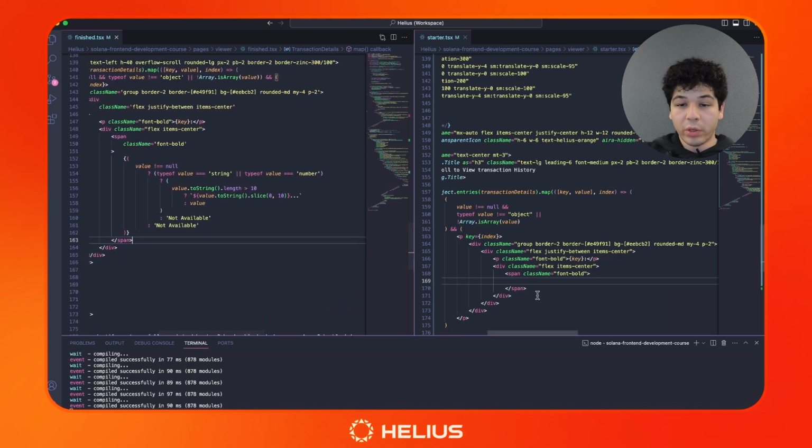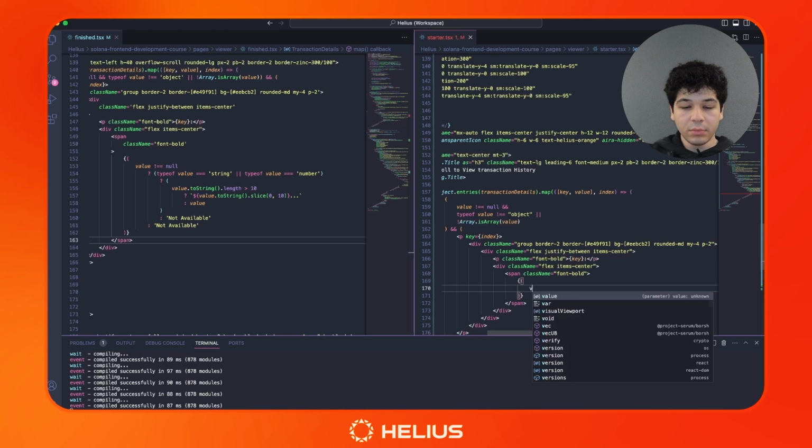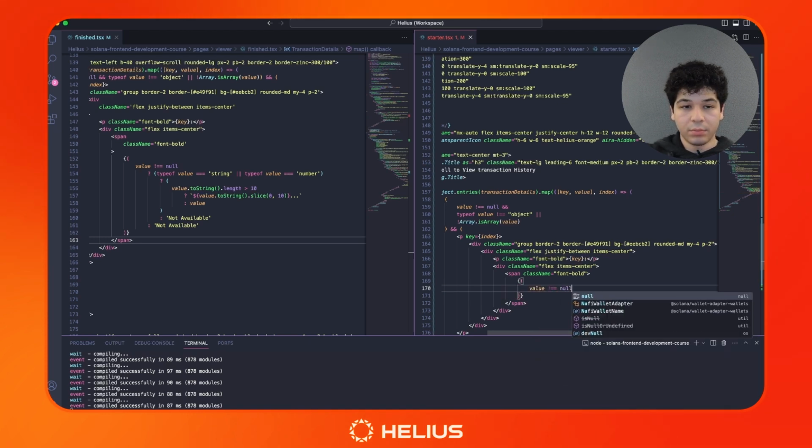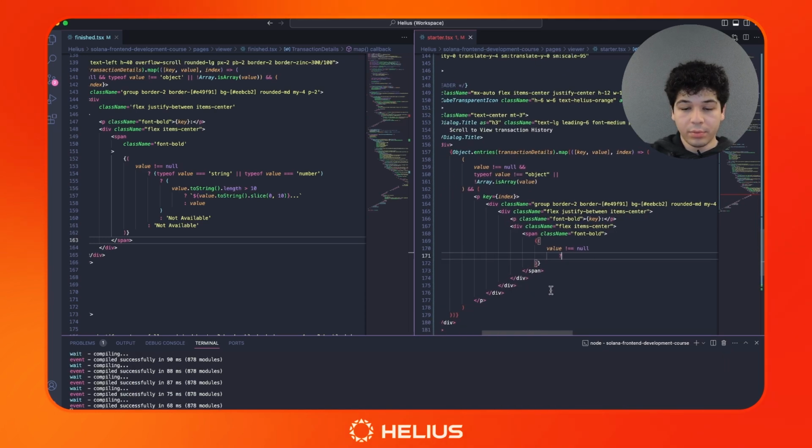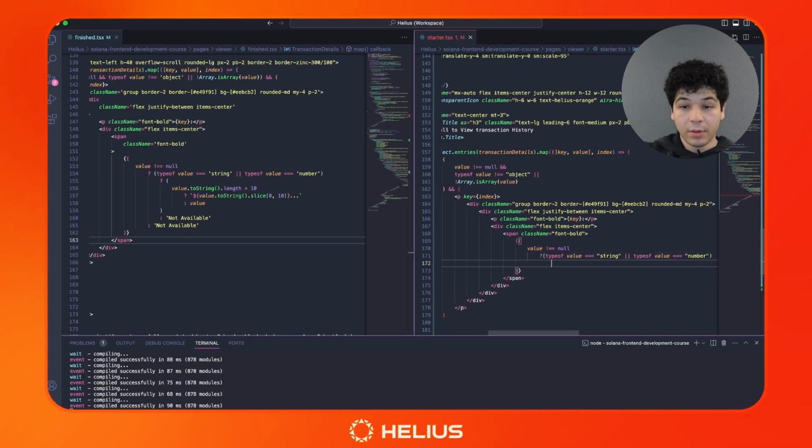So again, I'm going to open up a pair of curly brackets, and we are saying, if this value does not equal null, then we are going to determine the data type of this value. So if it's of type string, or if it's of type number, then we can render this value, convert it to a string,